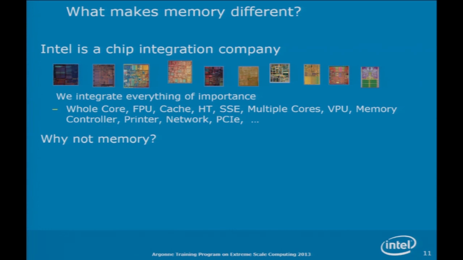We added the vectorized floating point instructions. And then it's logical to actually put multiple cores, a vector unit, a memory interface. I don't know how the printer got on there. The network, the PCI Express. This is such a success story. The word Intel actually stands for integrated electronics, and that is the secret to Intel having a good business all these years. So why not just toss the memory onto it and solve the whole problem?